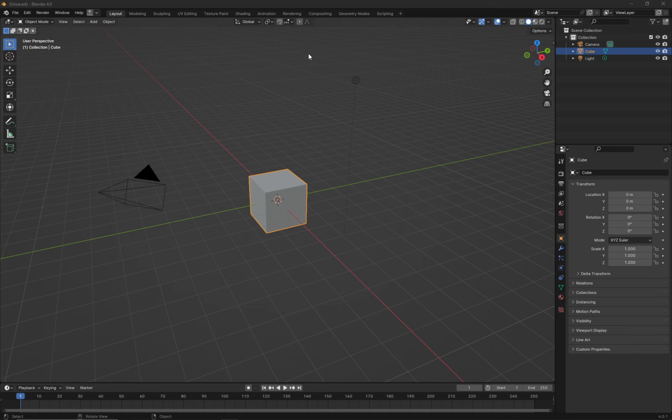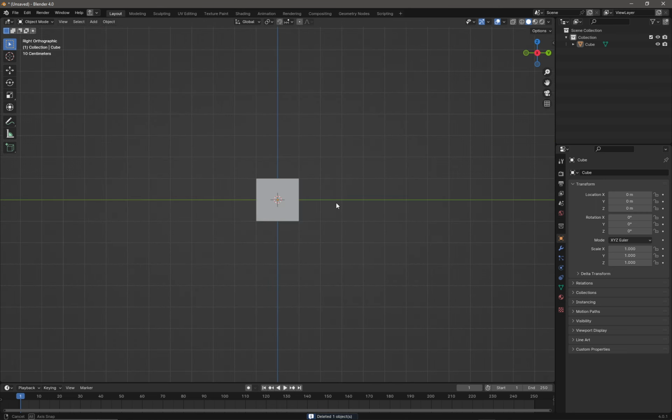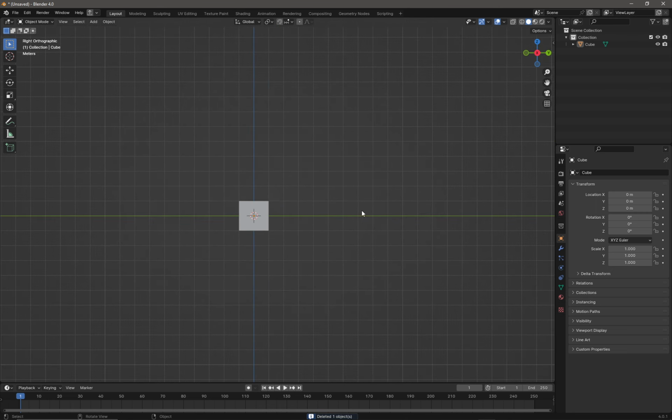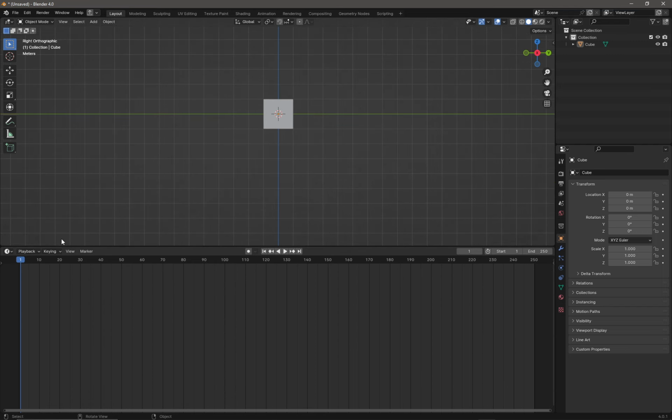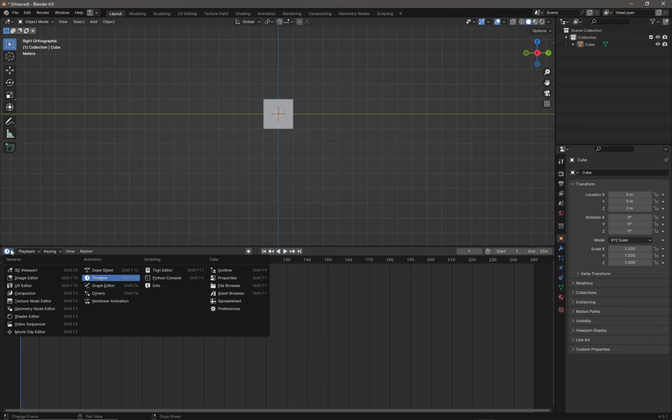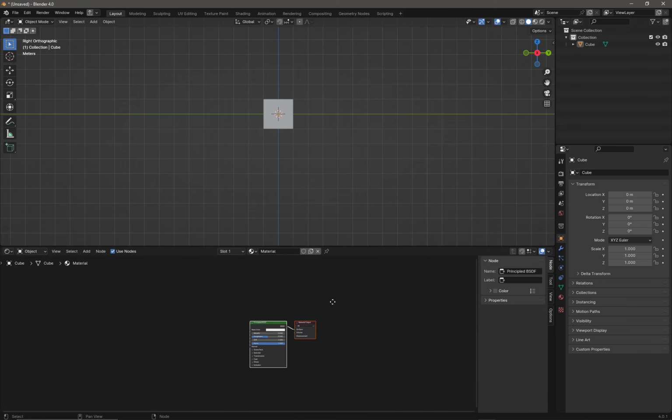So we have a fresh scene, and I'm going to just delete my light and the camera. Maybe we'll just come into an orthographic view like this. Before we do anything else, I'm going to turn my timeline into the shader editor like that. And we can see we have a material on our cube. And just for the sake of clarity, we're going to call the material random,